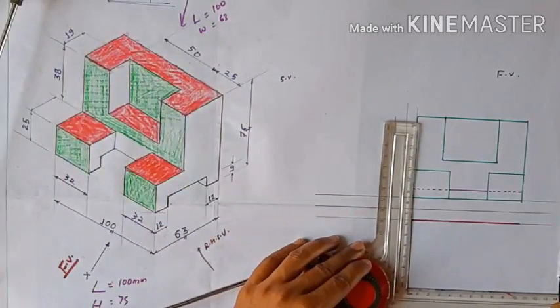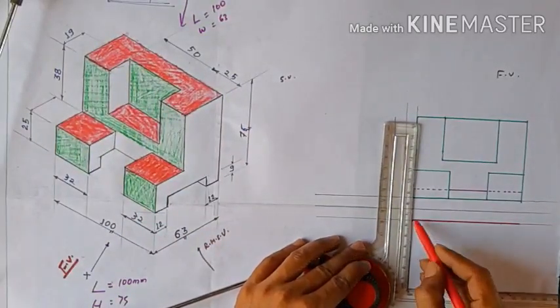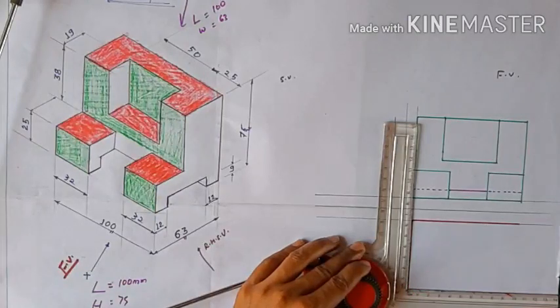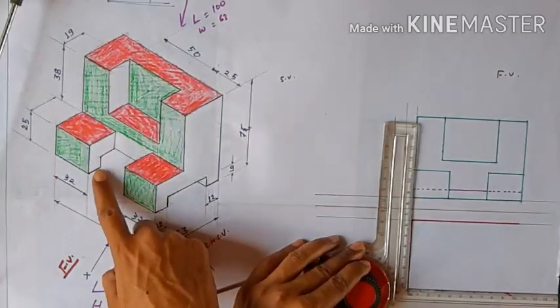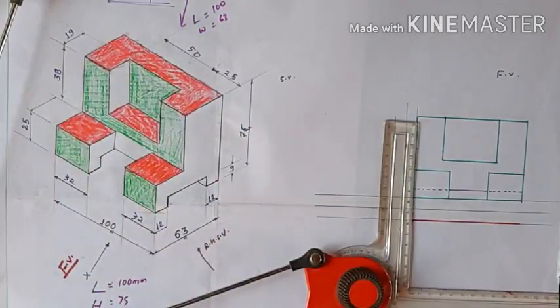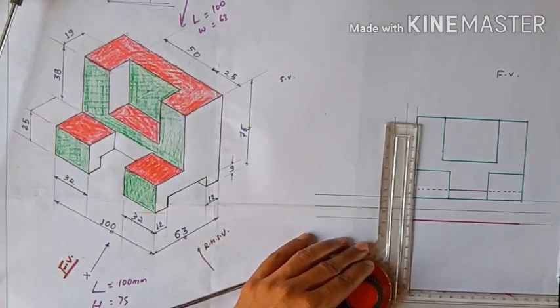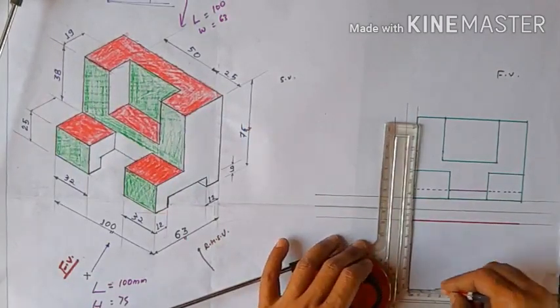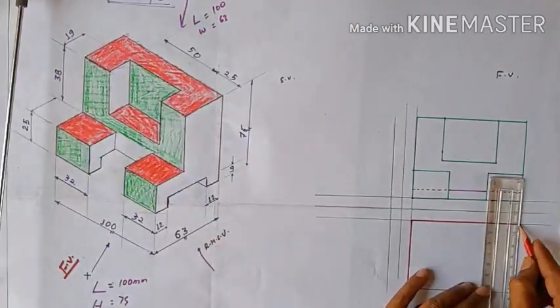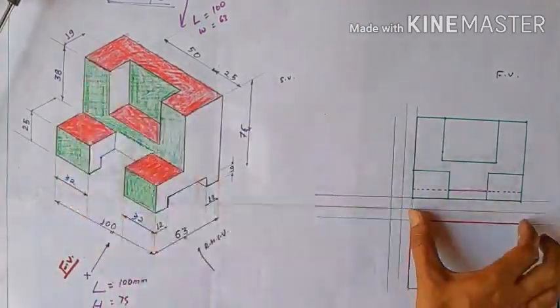So draw below from here a 63 mm long line and join this with a light pencil, because nothing appears here. We cannot see anything because this is blank. I use a pencil because if we use a dark line then we can't erase it. So again complete the box of 100 mm and 63 mm. Start from here. This is your 100 mm line.